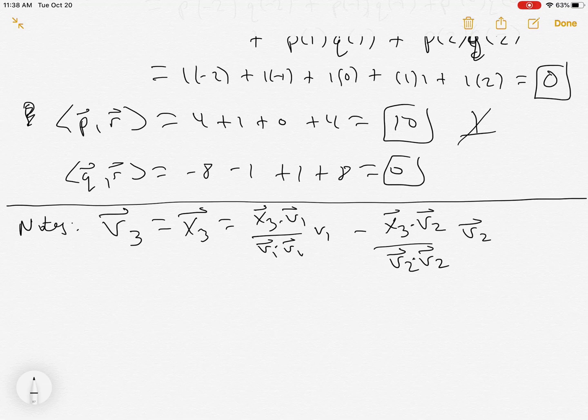And these two fractions here are filled with dot products. Well, we're not working in R anymore. Okay, so our new V3 is going to be